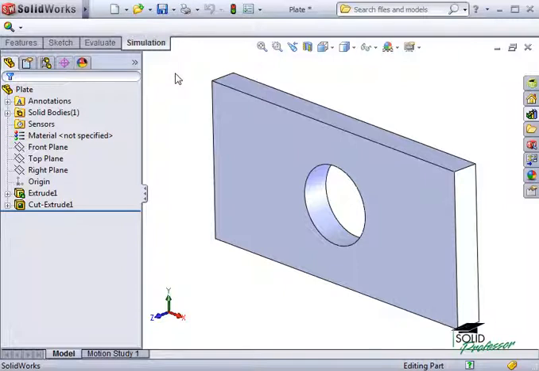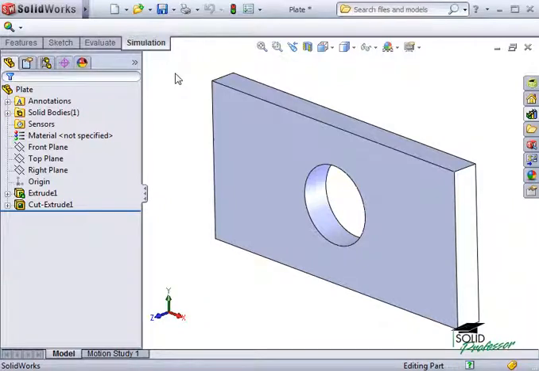In this example, the part is already created. Later in the course, we'll see that sometimes your SOLIDWORKS geometry has to be modified before validating with simulation. In this simple example, geometry changes are not necessary, so we can skip right to the second step, assigning material properties. Even if you've never used simulation, you might already be aware that SOLIDWORKS allows you to assign a material